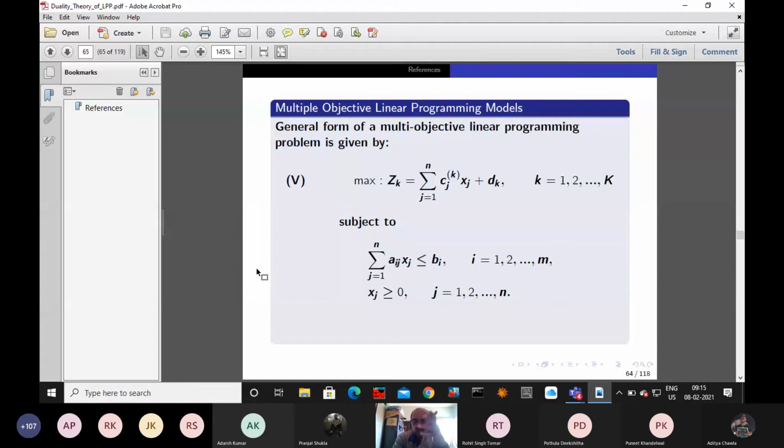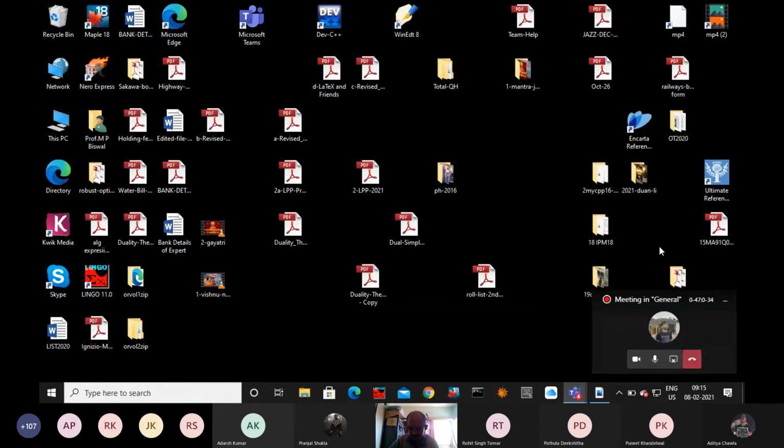Generally, whenever there is an equal type constraint or greater than or equal type constraint, we introduce artificial variables. These artificial variables create problems. So to remove the artificial variables, we use the big M method or two-phase simplex method. Is there any other method? The next method is the dual simplex method. We'll have to discuss the dual simplex method. What is that?